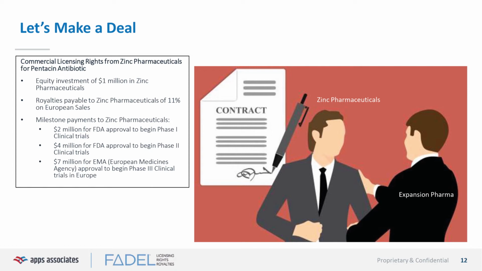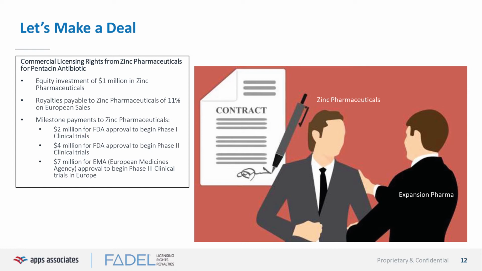Zinc Pharmaceuticals and Expansion Pharma. Zinc Pharmaceuticals is playing the role of the licensor, and Expansion Pharma, leveraging IPM Suite, is the licensee. They're going to be licensing in that antibiotic to use for their own products. They have made a deal with Zinc Pharmaceutical for a $1 million equity investment. They also have agreed to an 11% royalty to be paid out to Zinc Pharmaceutical on European sales, as well